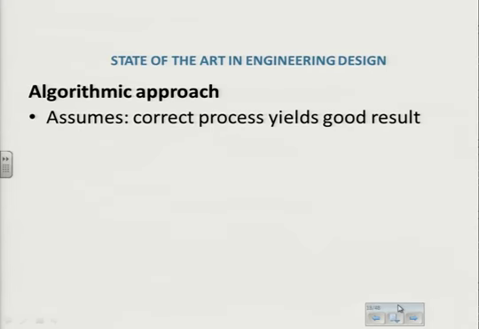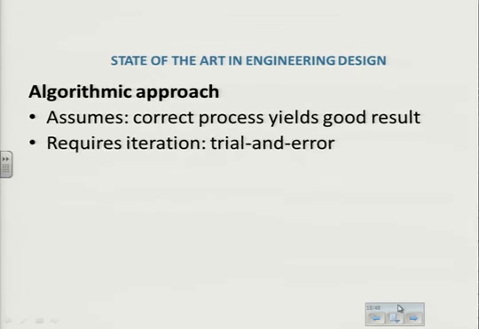So if it weren't for axiomatic design, what would the state of the art, or how could we summarize the state of the art in engineering design? Essentially, the other approach is an algorithmic approach. What that assumes is that if I have the correct process, I get a good result. Well, there's some merit to that. The correct process will certainly help lead to a good result, but just going through the correct process can't guarantee a good result. And the processes that are often suggested are trial and error, where you need to develop